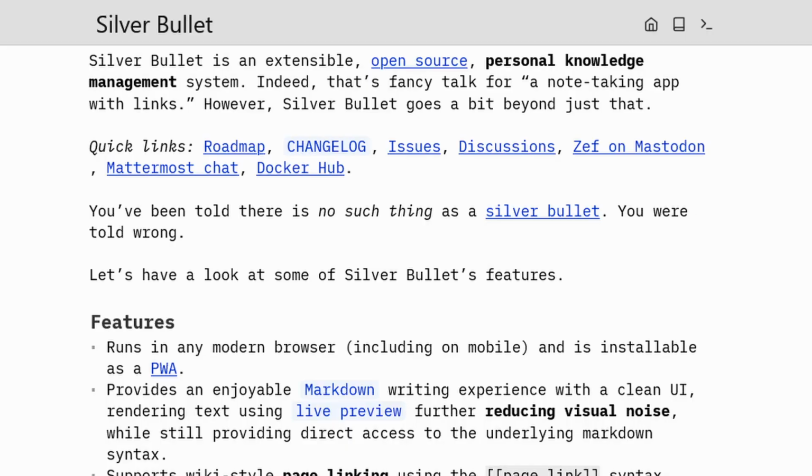And I'm going to have to wrap this up quickly. The final one, Silver Bullet. I've been using an app for ages called Obsidian, which is a program that you have on your computer. And I kind of wanted something like that I could have self-hosted on my server. And Silver Bullet does seem to be that program. Again, not used it a massive amount, but the bit that I have used it is pretty much Obsidian, but as a web app. So the idea is that you can have, it's like your own personal knowledge base, but